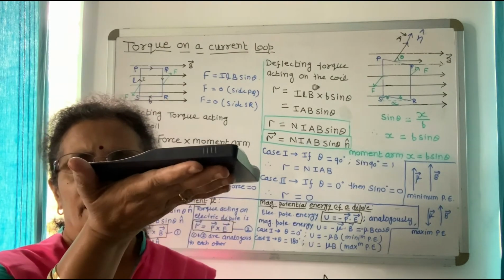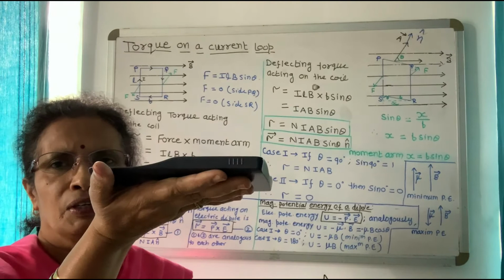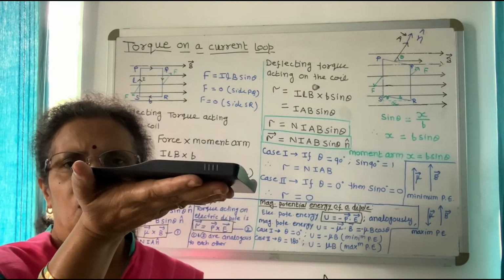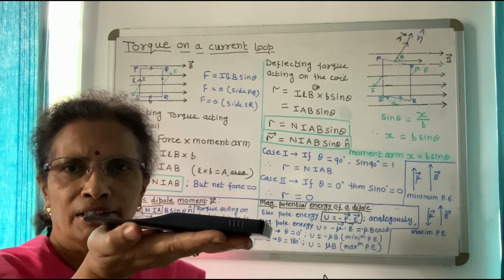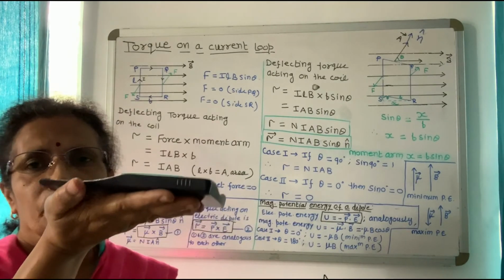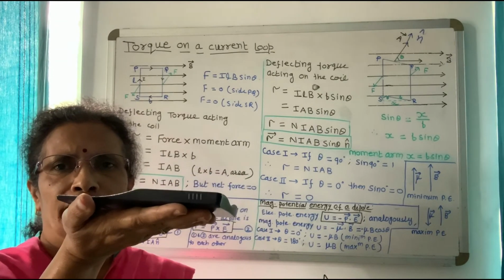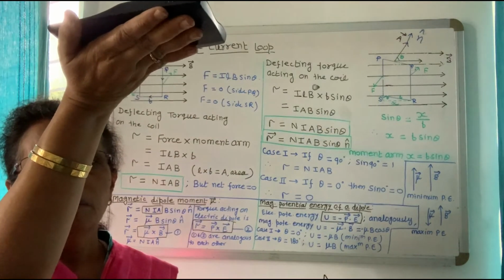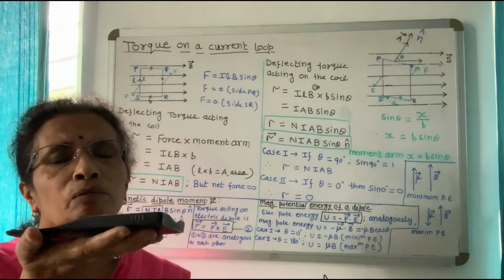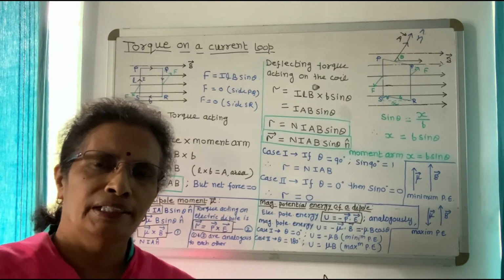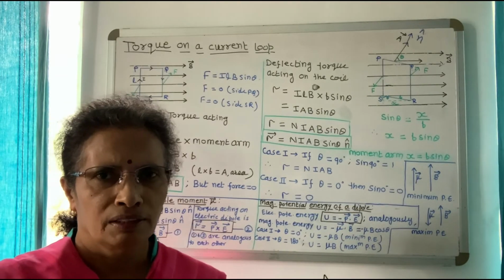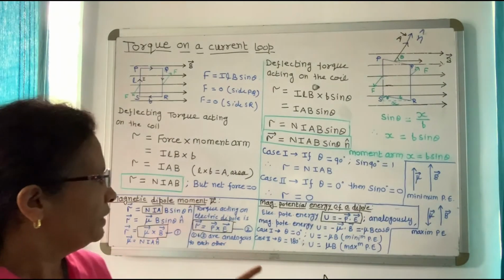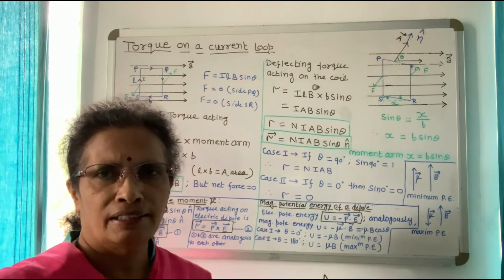If this is the object in my hand, it has potential energy because it is against gravity. I am holding the object, so I have to perform work against gravity. So mechanical potential energy is stored in this object. As I go up and up, more work has to be performed, so more potential energy is stored in the object.